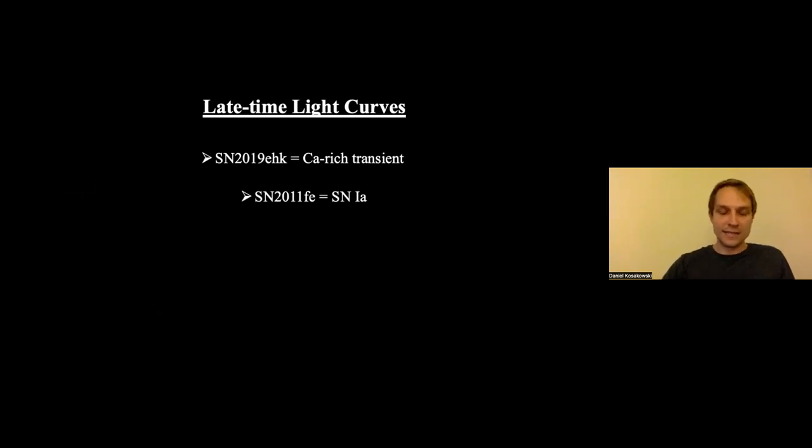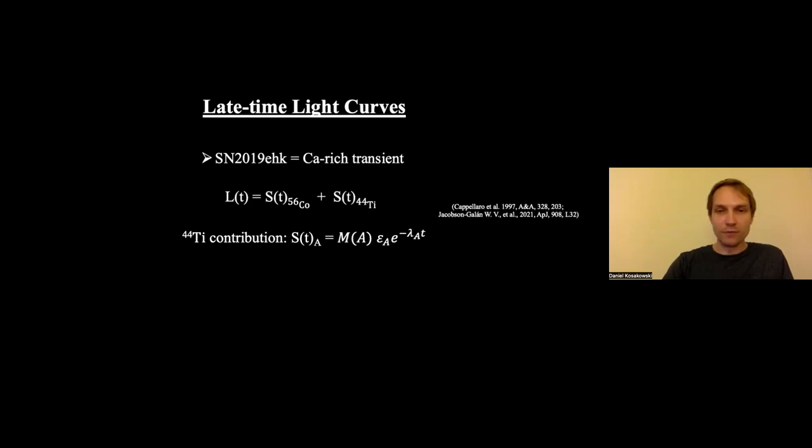So now, since titanium-44 has a 60-year half-life, the next thing we did was to consider how titanium-44 might be a signature for late-time light curves. So we decided to consider SN 2019ehk, a calcium-rich transient, as well as SN 2011fe, a Type Ia. So if we first just take a look at 2019ehk,